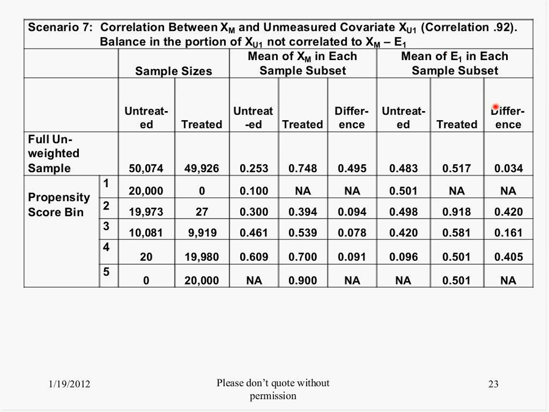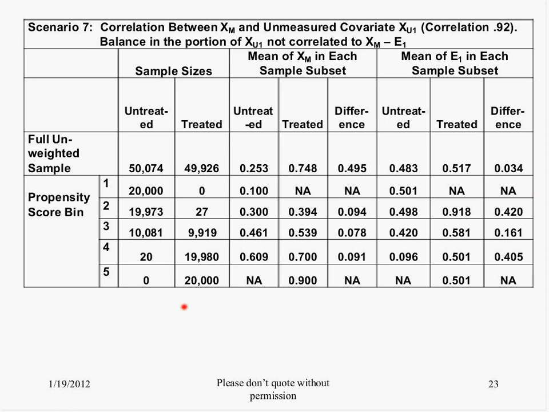And in that case, you'll find that beforehand, there was little difference in the treated and untreated patients in terms of that portion of FQ1 that was unrelated to XM. And given that unrelated portion, then we see the imbalance growing again. So kind of a lesson learned from this is that you need to have